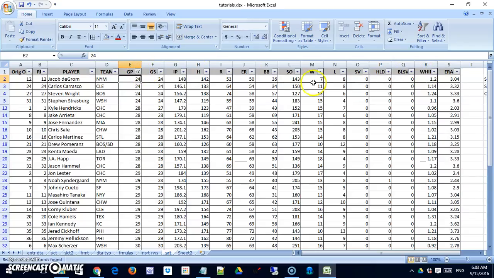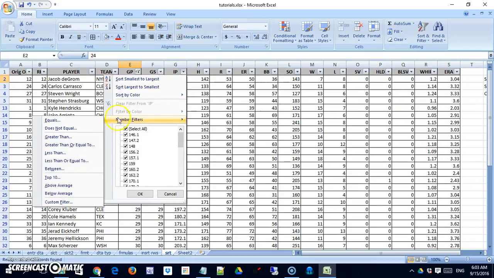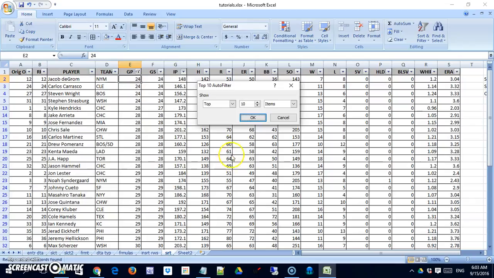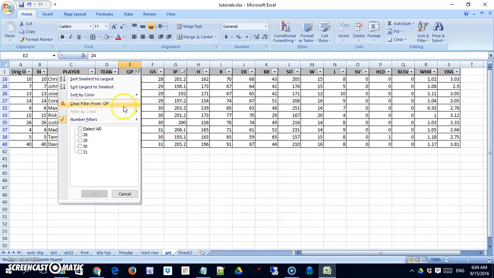Of course, you can use them by multiple rows also. So I'm going to say innings pitched is, let me pick the top 10. Okay, so these are the top 10 pitchers, or the pitchers with the top 10 innings pitched based on that group that's excluding those middle number of games pitched. Okay, so you get the idea. There's lots of options. You should look in there